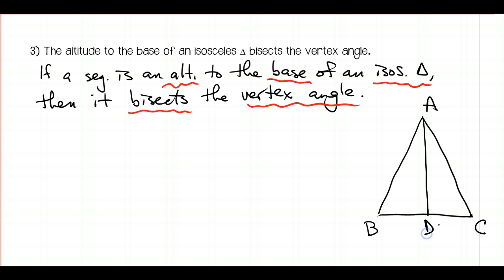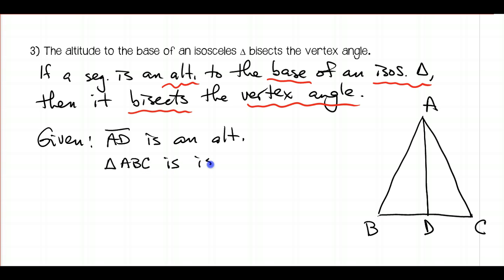We'll call that D. And I think that's all we're going to need for the picture. So given, if we know a segment is an altitude to the base of an isosceles triangle, so we know that AD is an altitude, and we know it's an isosceles triangle, so